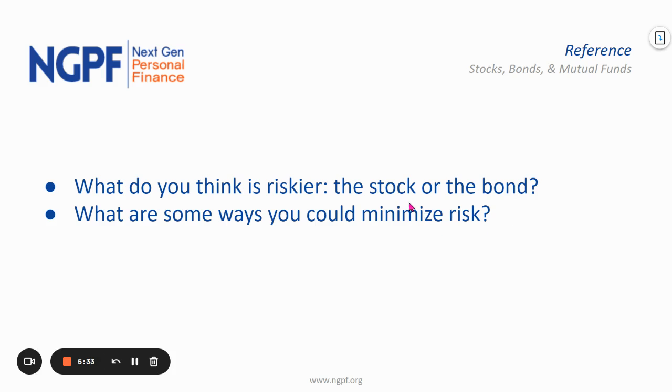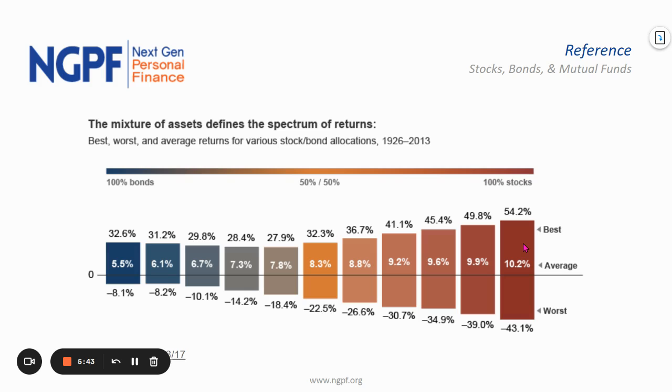And to minimize risk, you can invest in shares of multiple companies. Don't put all your money into just one company, or you can purchase both stocks and bonds. All right. This is just a quick overview of how the more you vary stocks and bonds, the more it averages out your risk. Stocks generally earn better returns, but because of that, they also have a lot more volatility versus a bond, which doesn't earn as much, but also has a lot less volatility. So you kind of want to average it out.